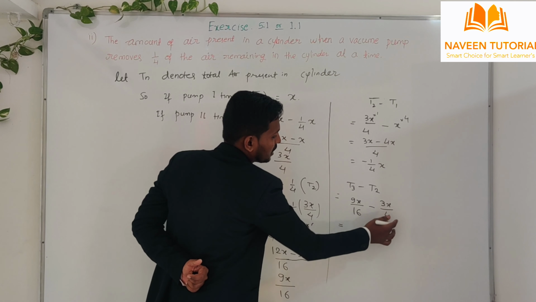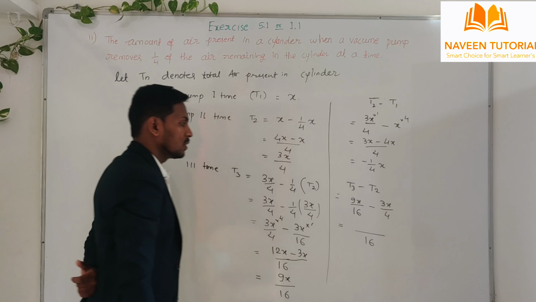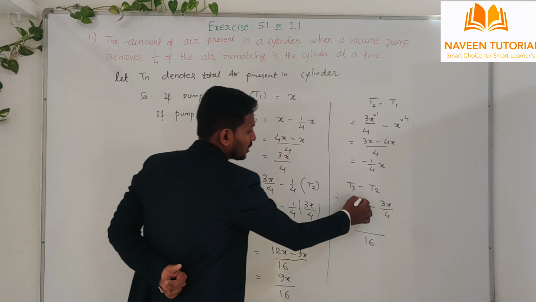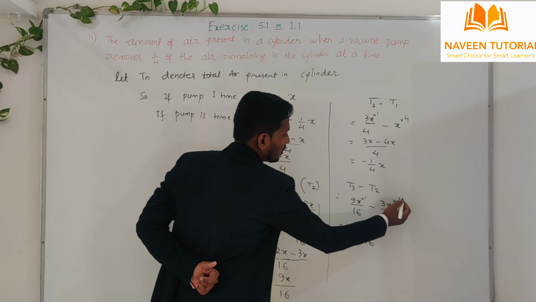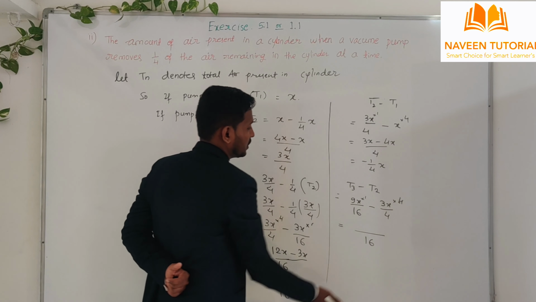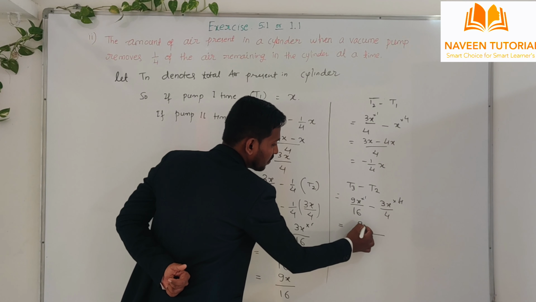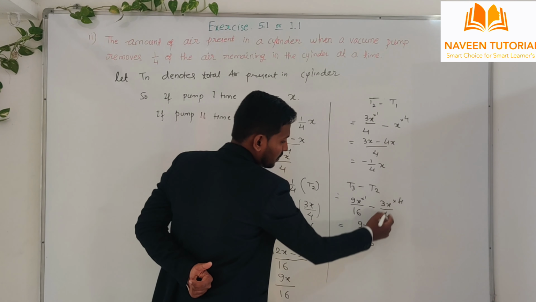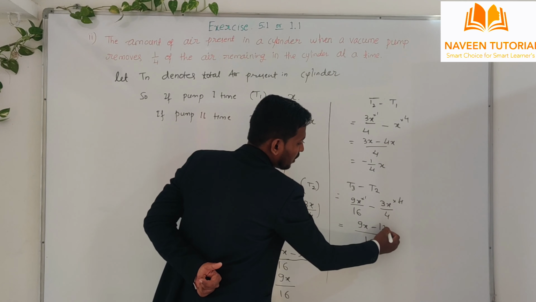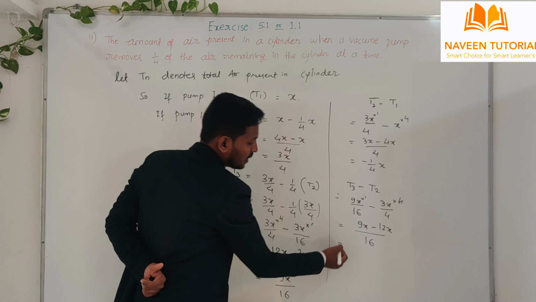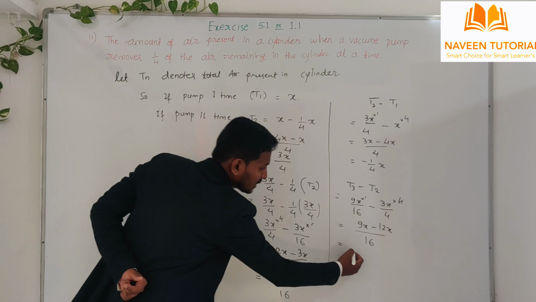And the LCM of 16 and 4 is 16. So now we have to balance the numerator. So here 1s are, and here 4 4s are 16. So 9x minus 3 4s are 12x. So here we obtain minus